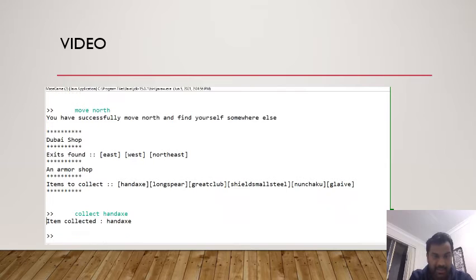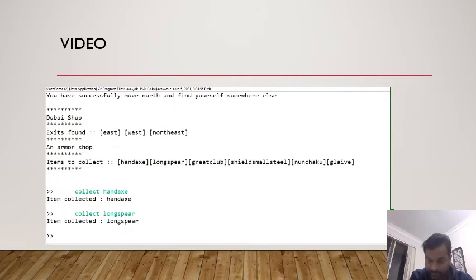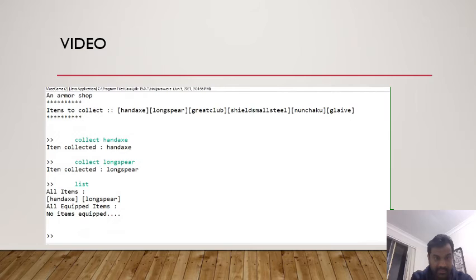Collect hand axe, and collect long spear. The list command is used now.